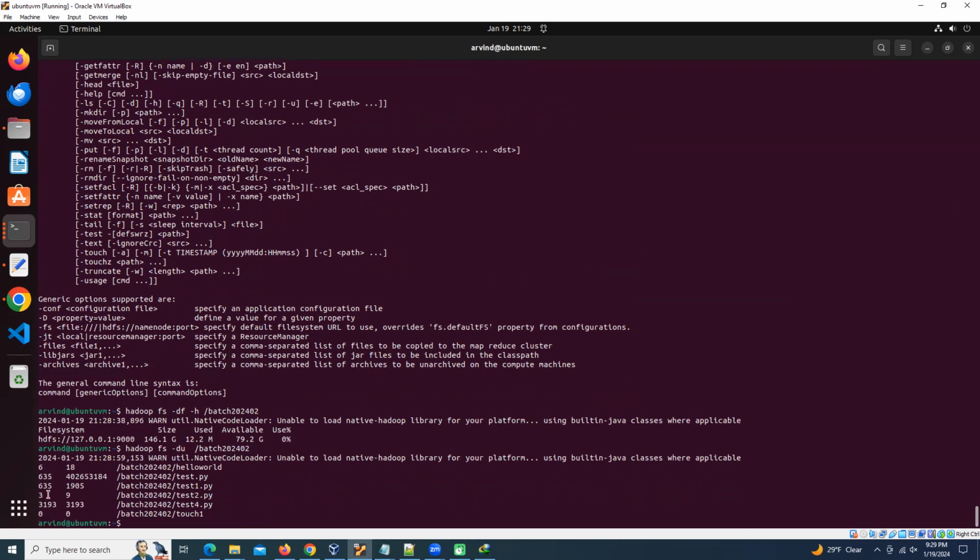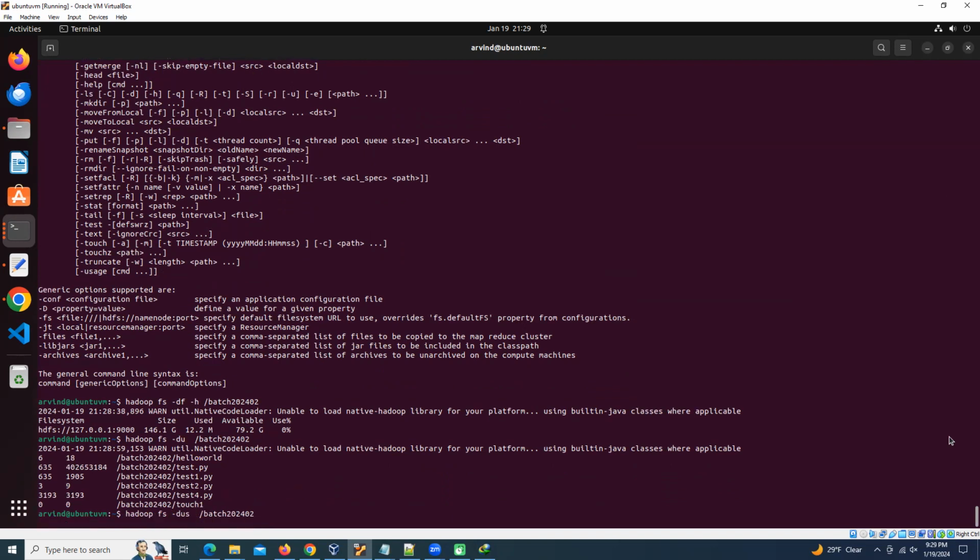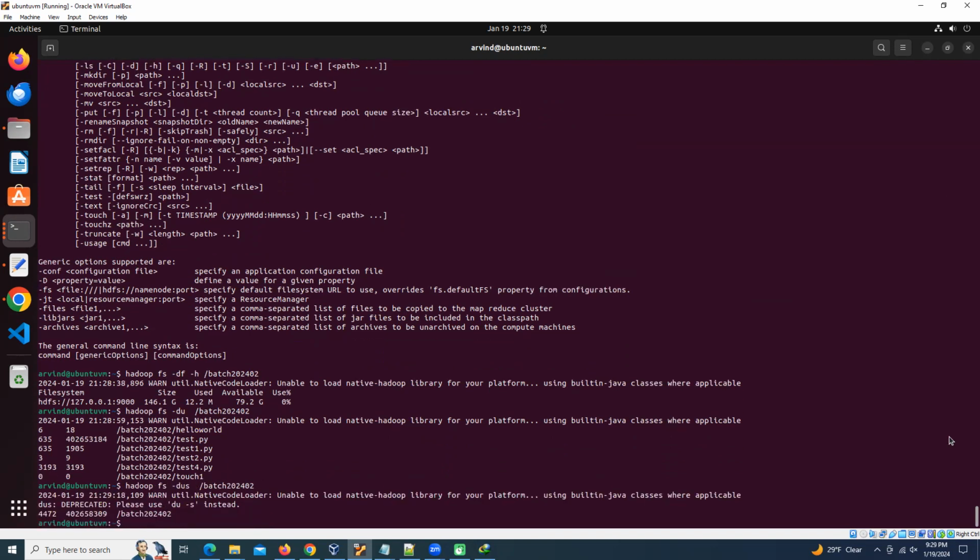the total size. Okay, so this is a file, right? This is also a file. And if you do the dus, it's showing the upper level directory. Okay, dus. This is the total that is coming. The total is coming 4039. So dus, and